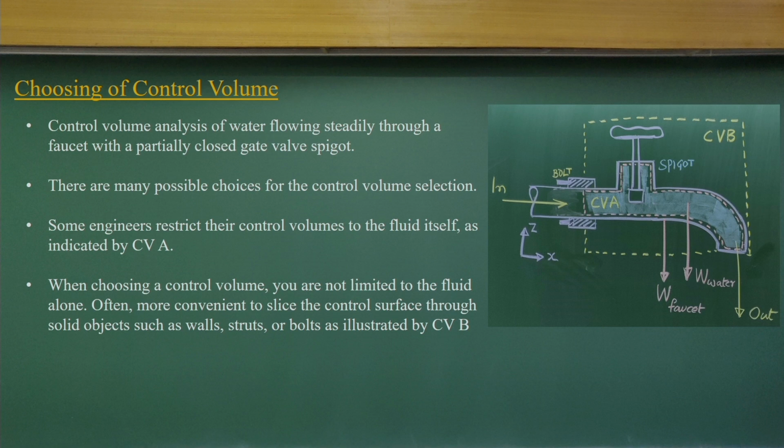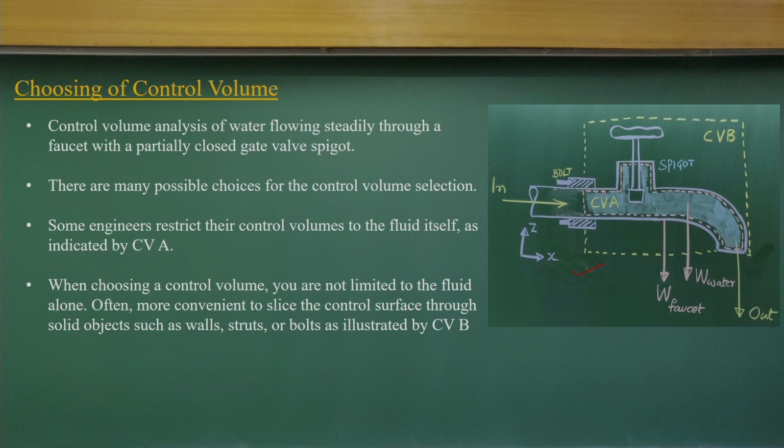Now, another point is how to choose a control volume, because that is the art, like when you do free body diagrams in solving solid mechanics problems. Similarly, drawing the appropriate control volume is an art that you have to learn by solving many problems using the control volume concept. For example, take this problem: there is water coming in, there is a bolt holding the water outlet point, and there is a spigot with water coming out.